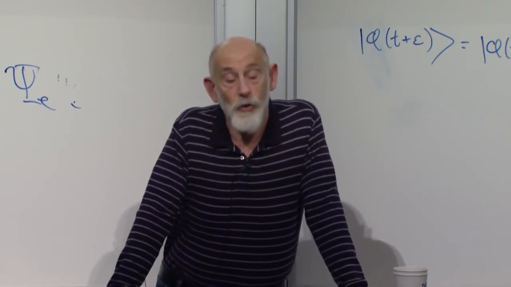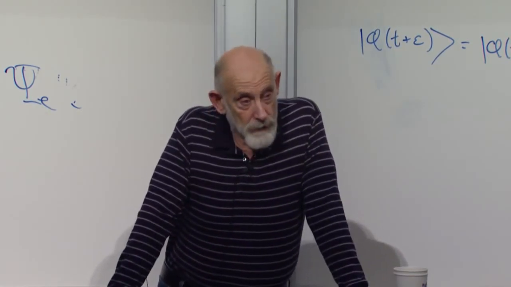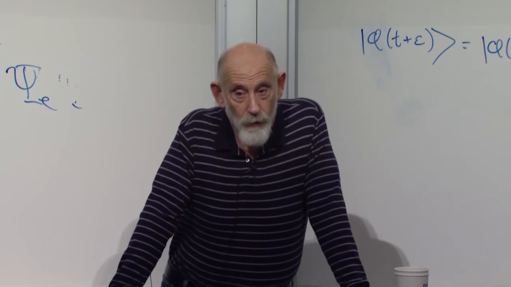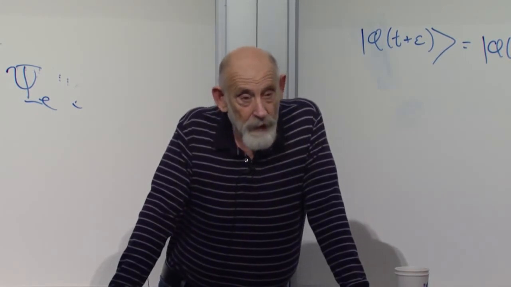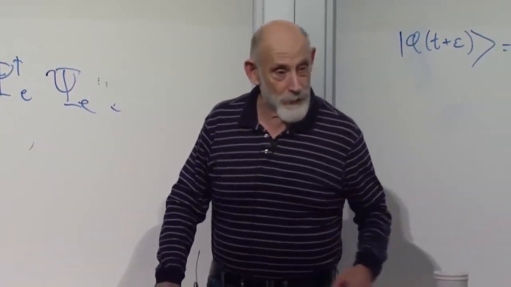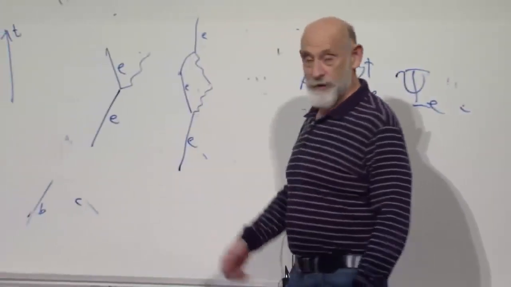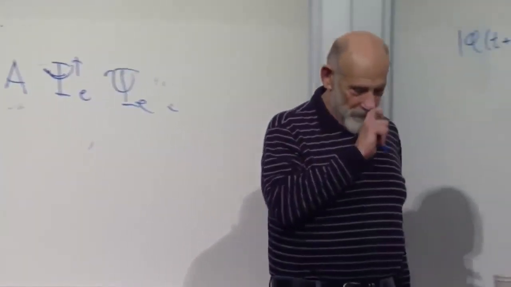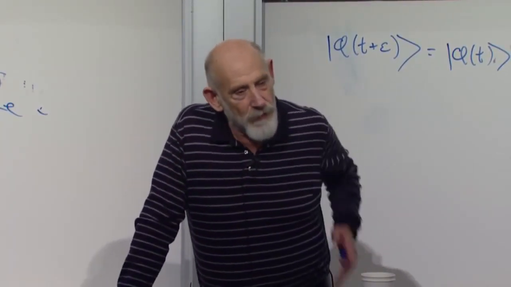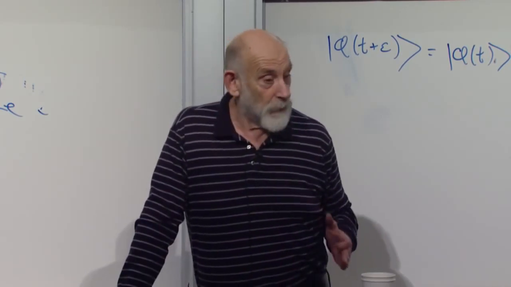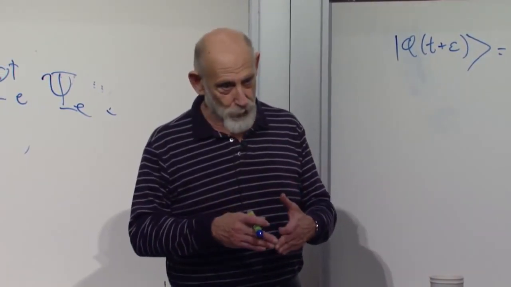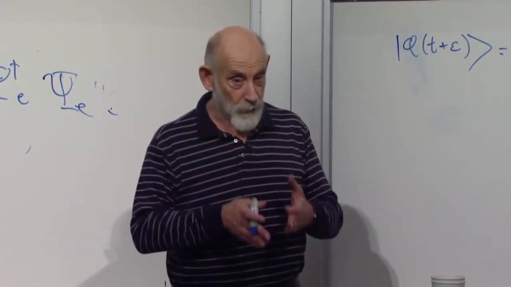No, it's not literally the radiation, although if you take a very high energy electron, 1% of the time it behaves as if it were a real electron and a real photon. That's because photons move at the speed of light. These photons are clearly not going to move with the speed of light. It's got to go from here to here, and the electron is not moving with the speed of light. So literally thinking of these as photons moving around is not going to work. But if the electron itself is moving with the speed of light, or very close to it, then it really does behave as though it were a superposition of an electron and then an electron with a real photon,